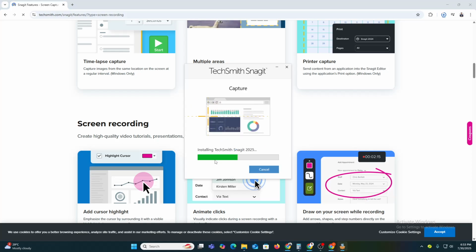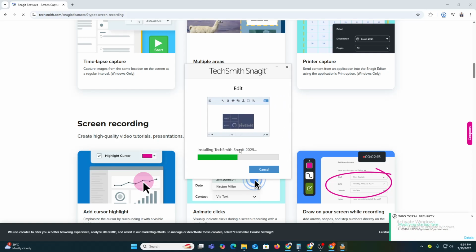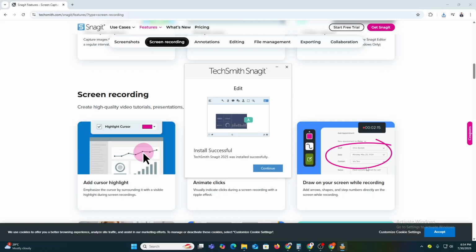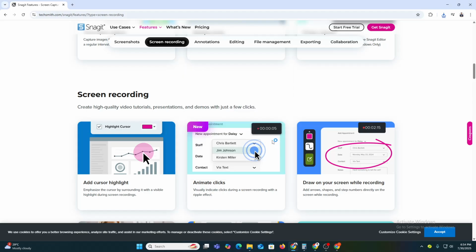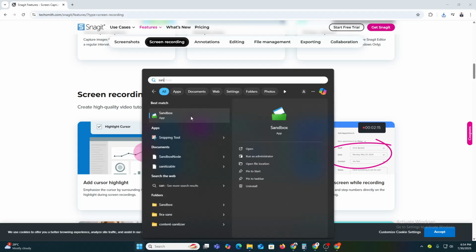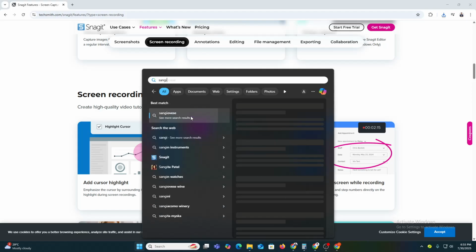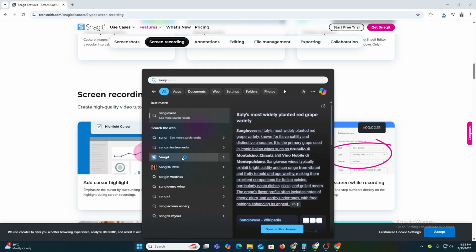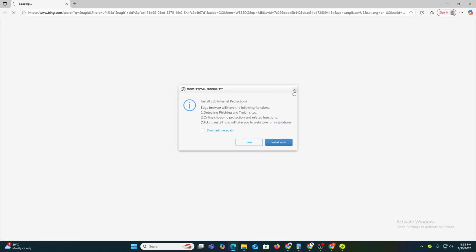So here you can see that installing Snagit is almost done. I will come back when the installation is complete. So here actually you can see the install has been successfully done. So I'll click over here, continue. Once it's done, then here eventually you will see that Snagit has already been installed. Let's search for Snagit, and you can see this Snagit is installed here, and I already opened this one,